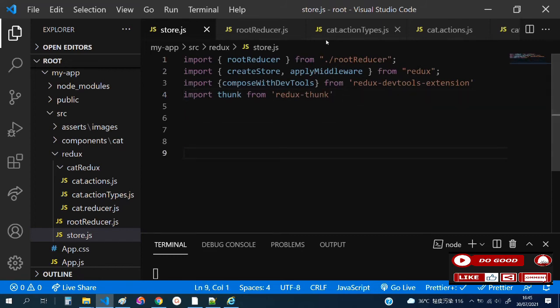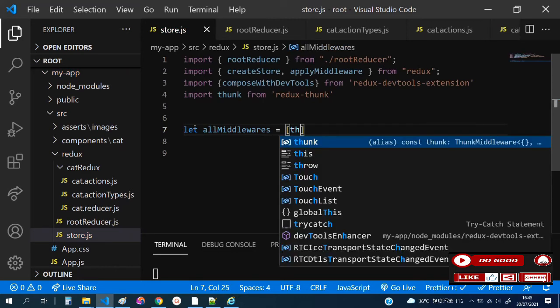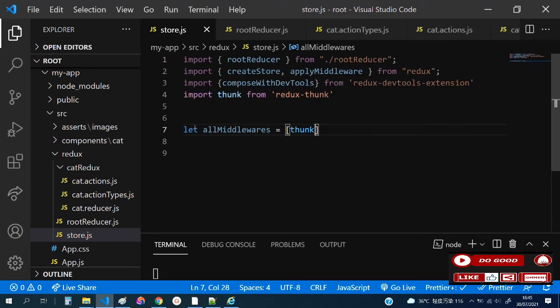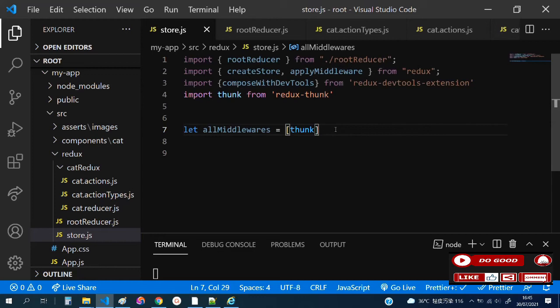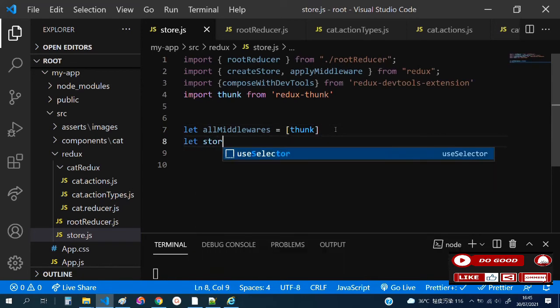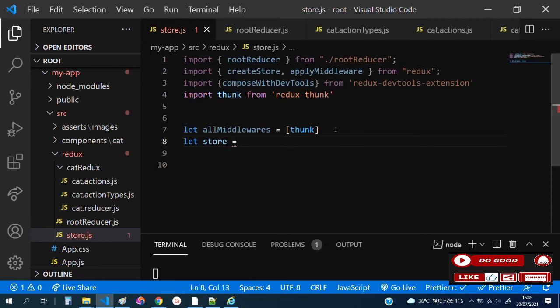So to begin with, we can say let all middlewares equal to an array. Let's create an array for all the middleware. So we can start with thunk. You can just put comma and add more middlewares. So next we can say let store be equal to